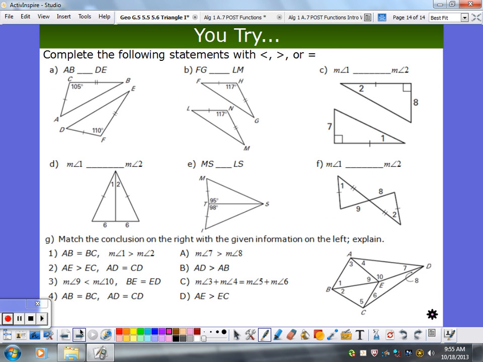So there are some new tries here I would like you to do, where you're basically doing that. You're looking, am I in a Hinge Theorem situation? So you need the corresponding congruence, and then see how the door is open. Are we opening the door wider, or maybe we're opening them